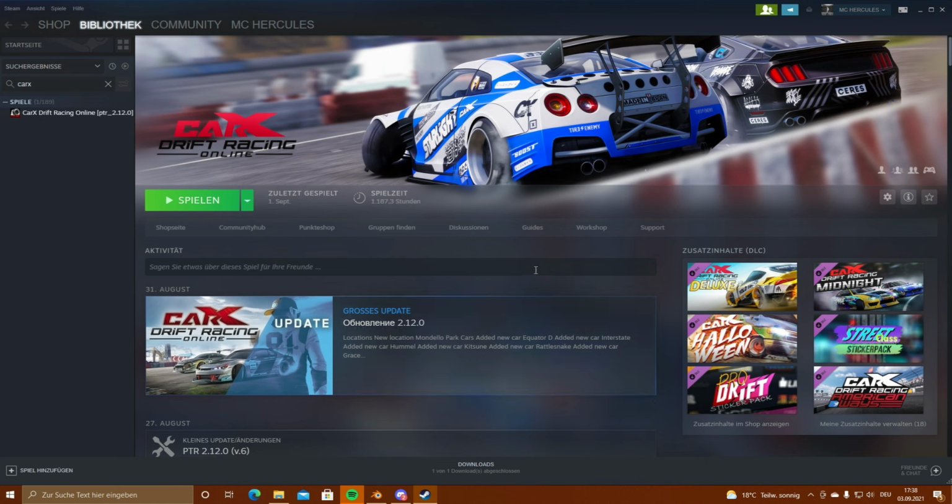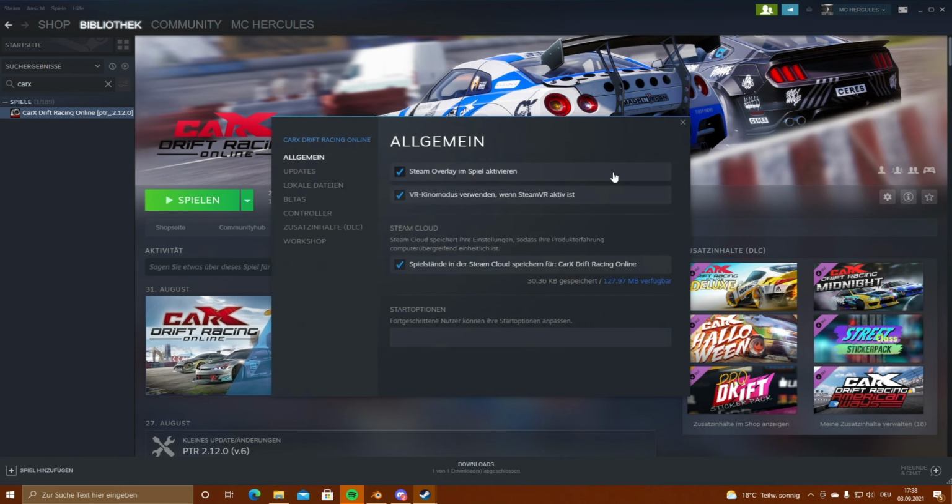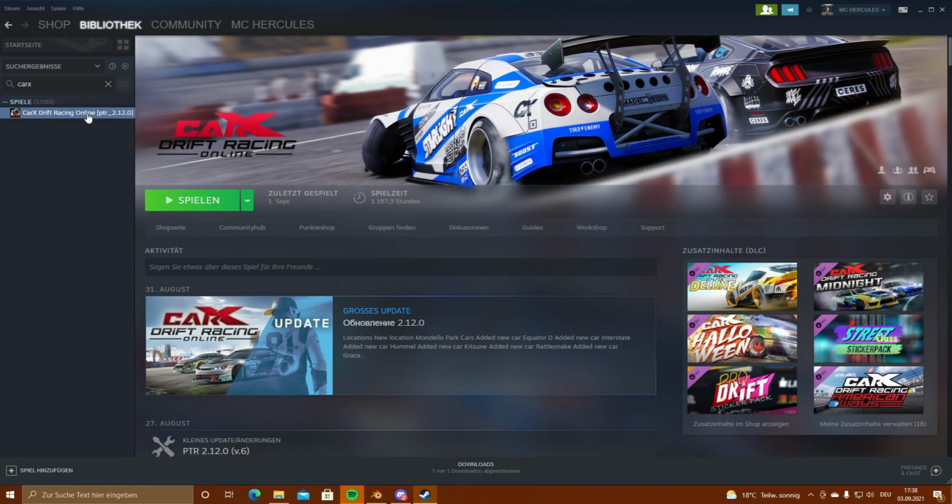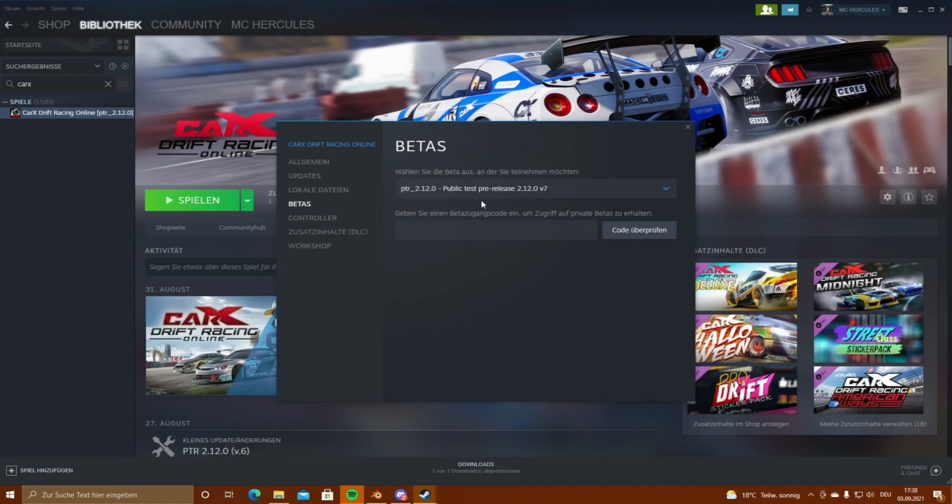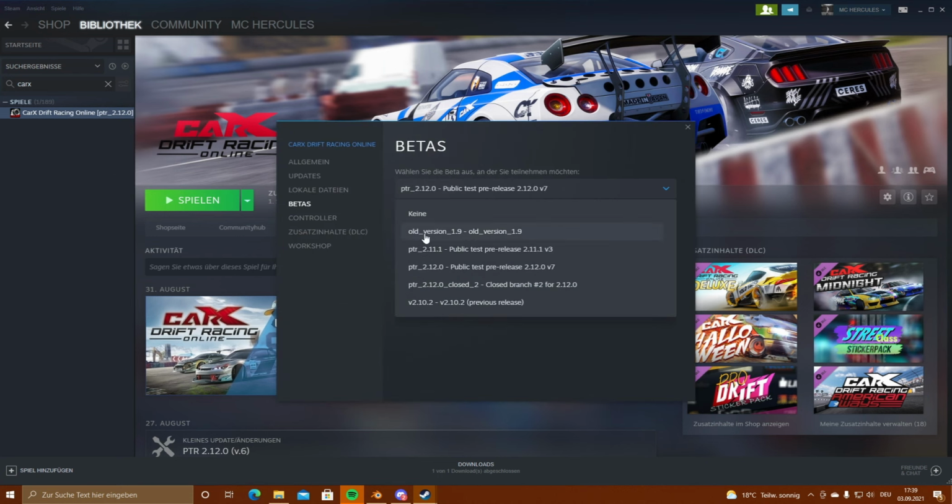If we want to make new ones, we need to downgrade the game. So if you want to downgrade your game, you go to properties, betas, and then you select old version